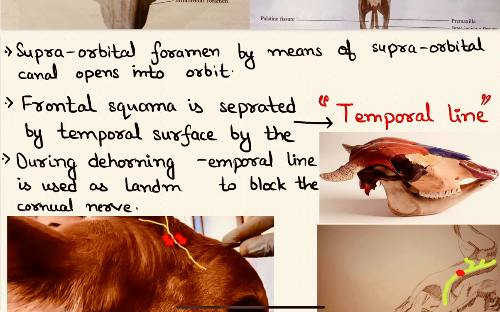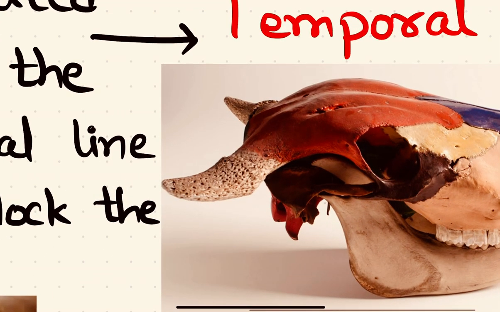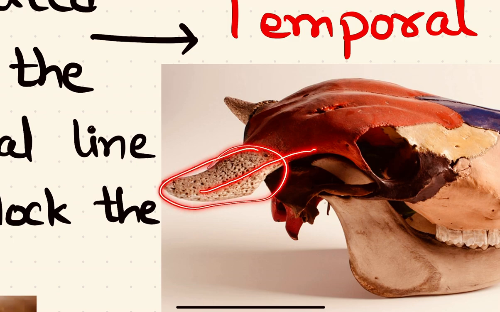Now, during the dehorning of the animal, what happens? The temporal line is used as a landmark to block the corneal nerve. Now, the corneal nerve is the nerve which supplies these horns. If we block that nerve, we can easily dehorn the animal. So what is the landmark or location of this corneal nerve? It is present